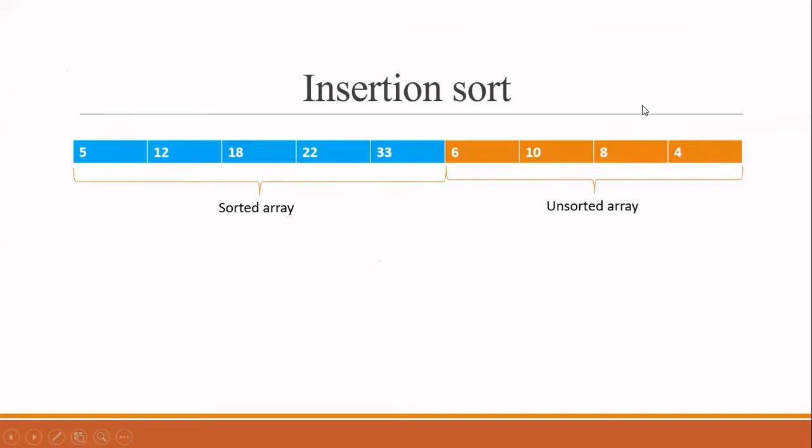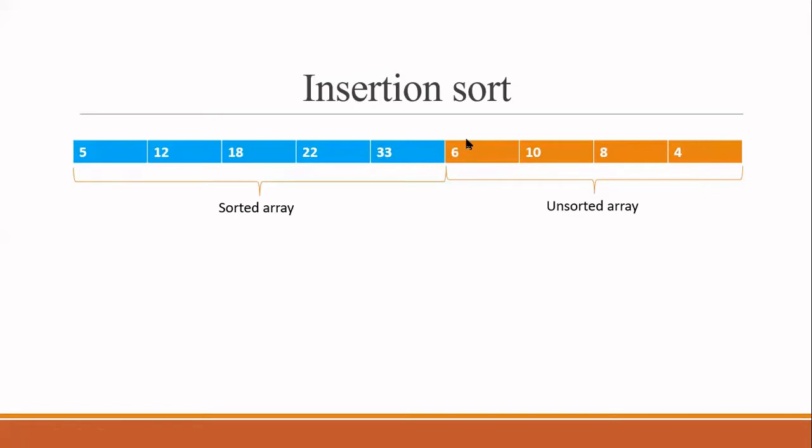I am considering this as my entire array. At any point of time, you can imagine the array as a sorted array and then an unsorted array. Whatever you have in the sorted array, all these elements are in their correct position with respect to this particular array. But the elements in the unsorted array are similar to the cards placed on the table, while the elements in the sorted array are similar to the cards you have in your left hand. Okay. So now with that we will see what is the problem we have in the insertion sort.